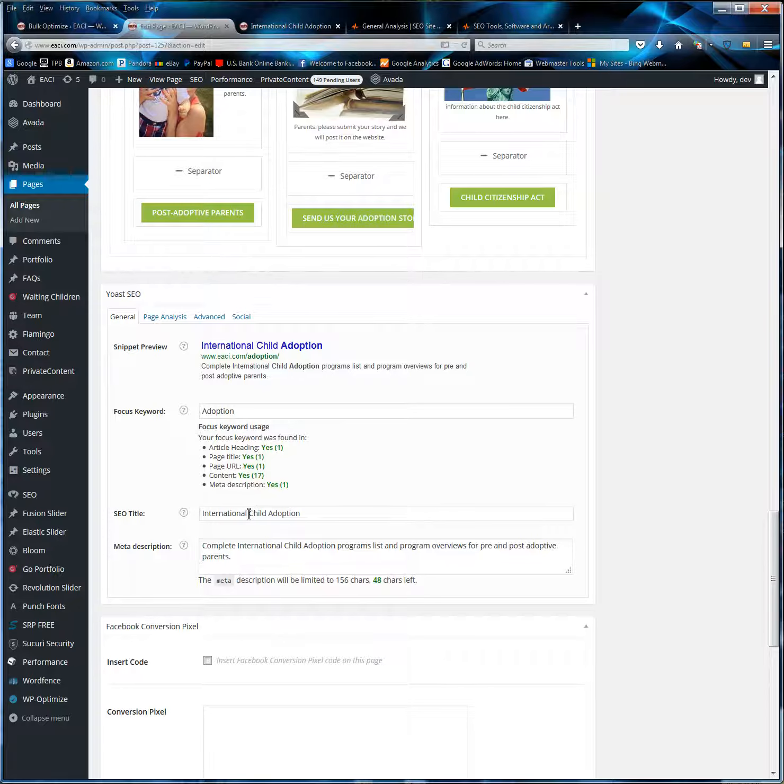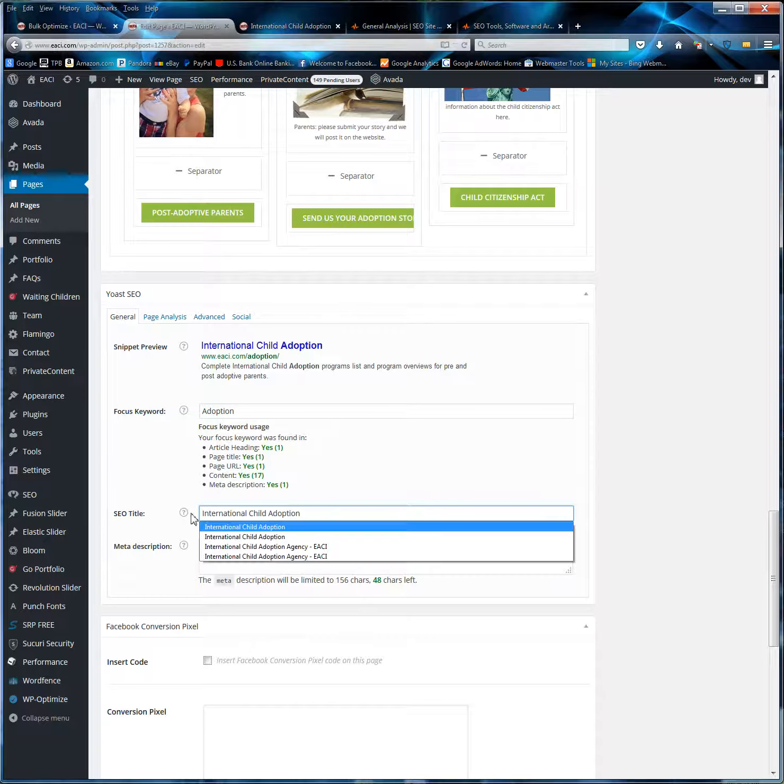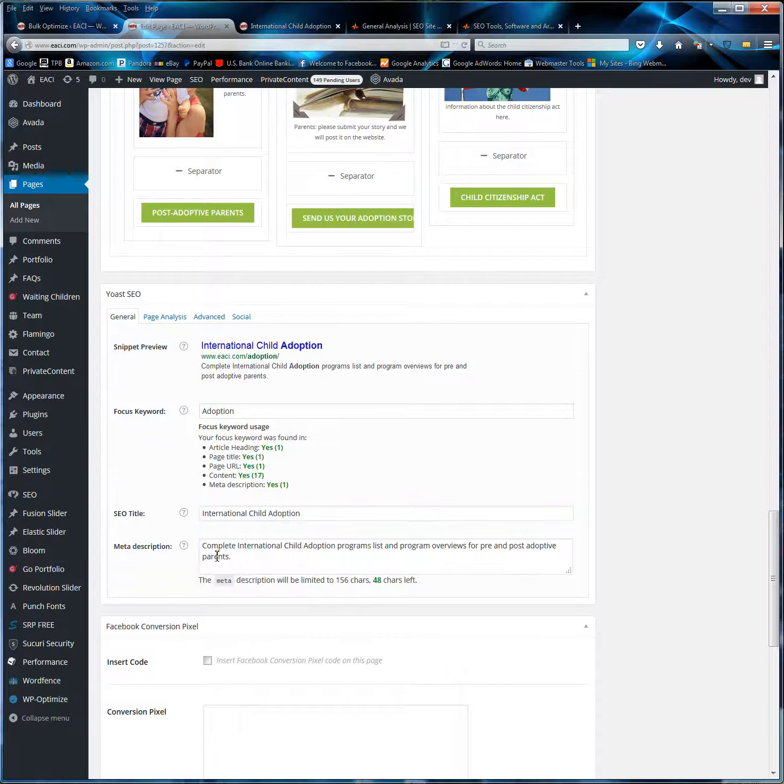The SEO title is a title that is suggested to Google and Bing and all them, but it's not required by them to accept or use. So I put international child adoption, and then the meta description. What a meta description is exactly